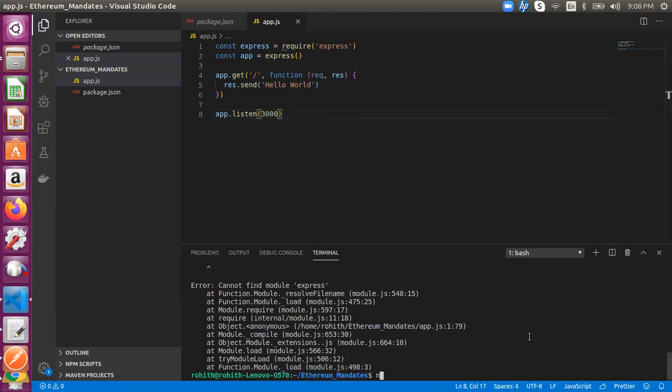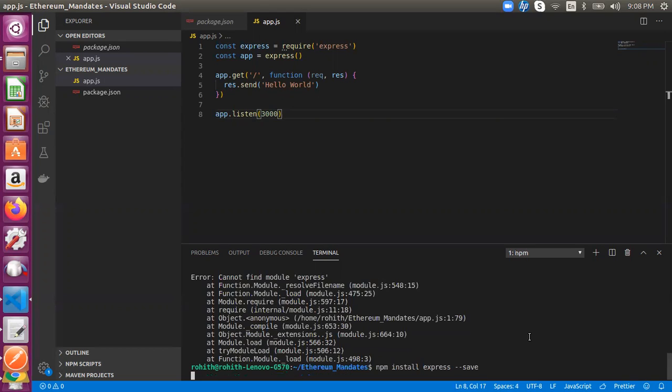For that, I need to use npm again. npm install express --save, so that express gets saved to the package.json and pulls all the Express.js libraries into this particular folder.